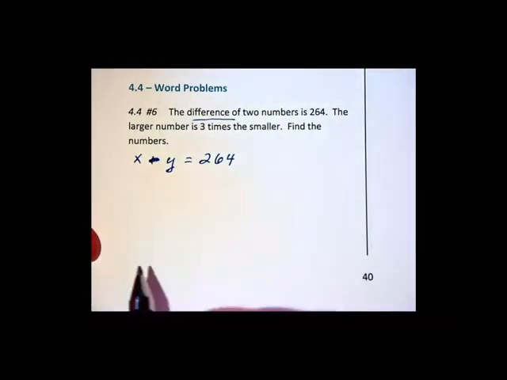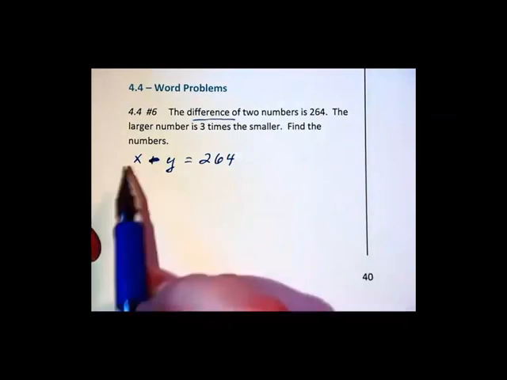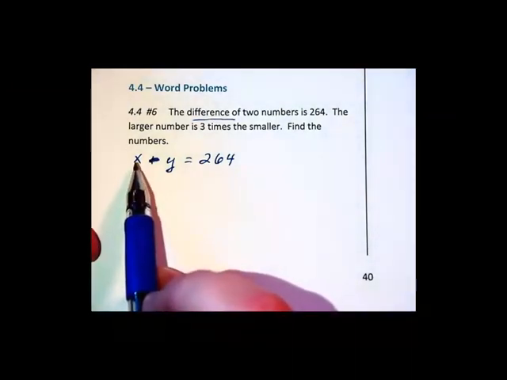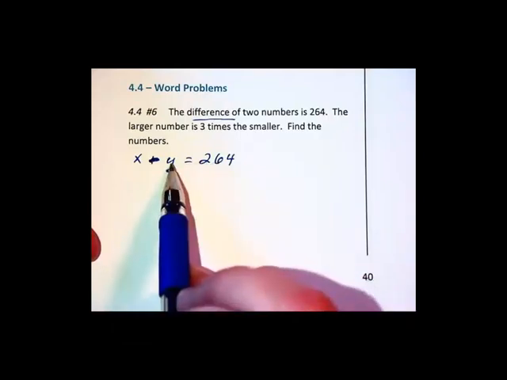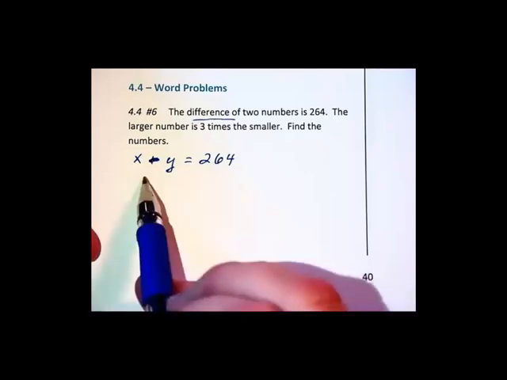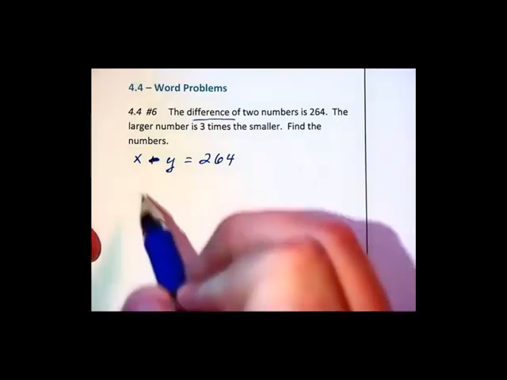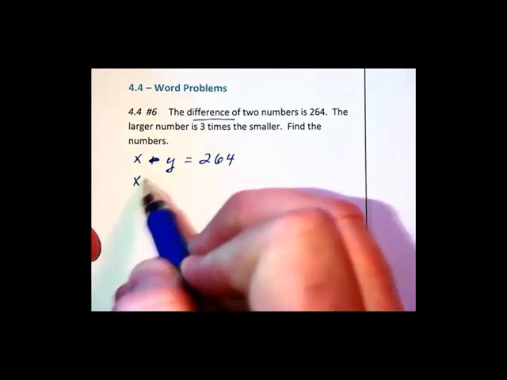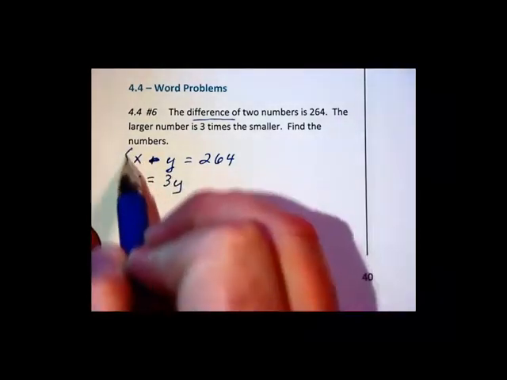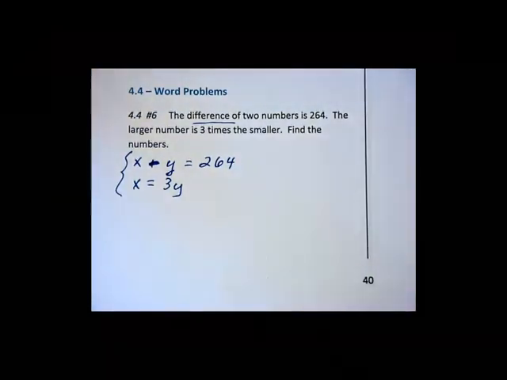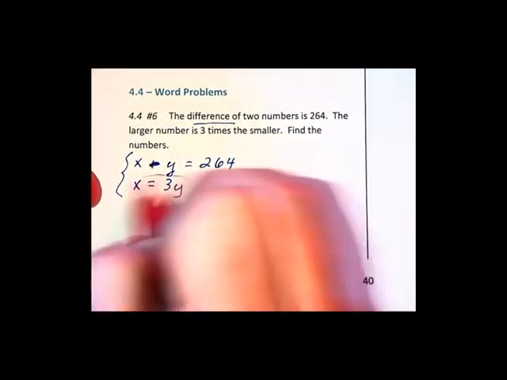Now, I contend that we do know the largest number is x, because when we subtract larger minus smaller, you get a positive number. Had y been larger, when we went x minus y, we would have ended up with a negative. So x is the larger number. X, then, the larger number, is 3 times the smaller number, 3y. So there's our two equations we're going to use, and since we have an x equals, we're going to substitute